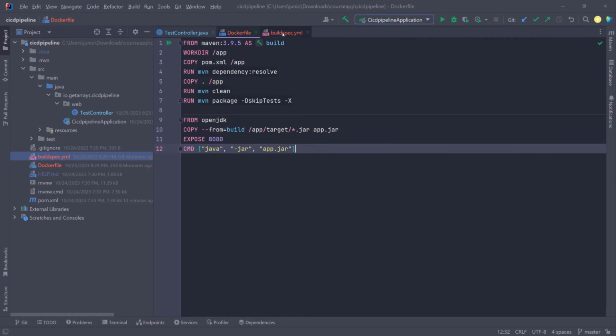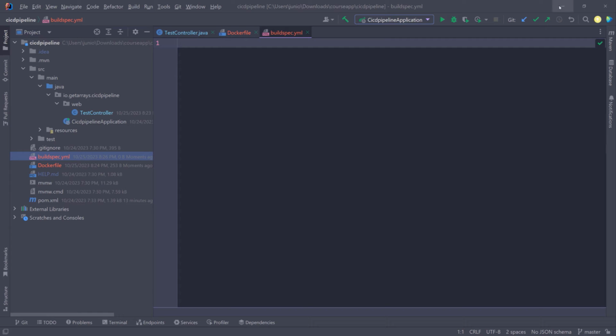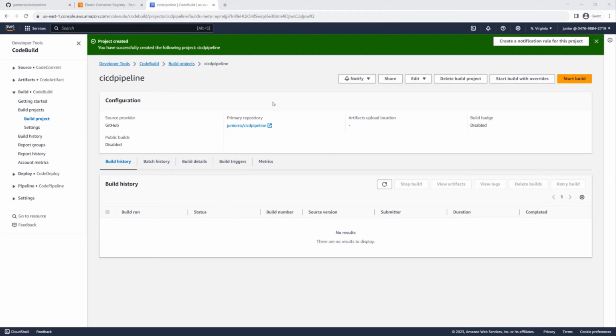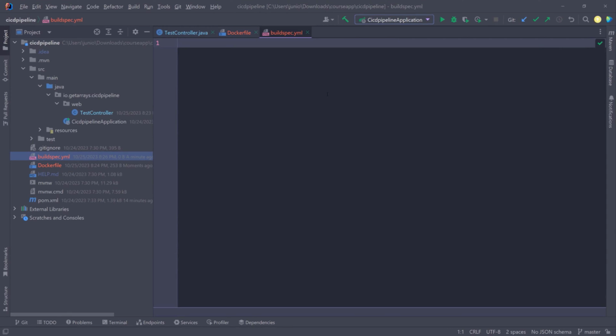Now this build spec file, when the build project runs, so this build right here using CodeBuild, we created this project. Whenever we click on start build, it's going to build the project, it's going to be looking for this build spec file, and it's going to run all the commands inside of the build spec file. So what that means is that inside of this build spec file, we need to tell it,